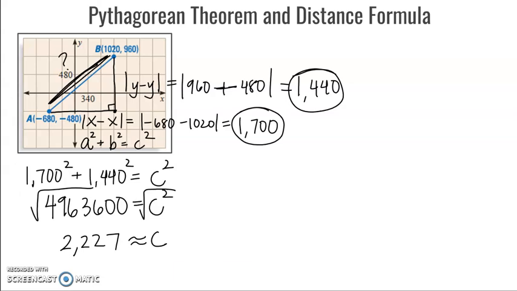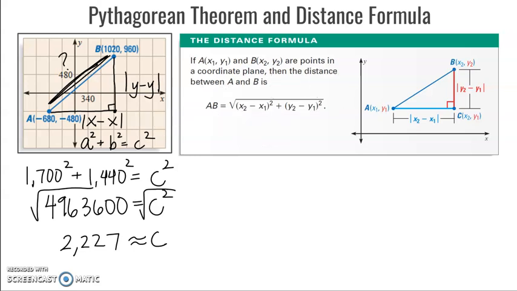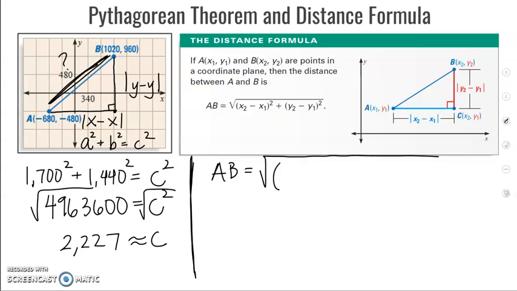That means the distance formula comes from Pythagorean theorem. Let's take a look at the distance formula. The distance formula allows us to find the distance in between any two coordinates. So let's repeat this process of finding the length of segment AB, but using the distance formula instead. Notice that to find the length of AB, we're going to take the square root of the difference of the x's squared plus the difference of the y's